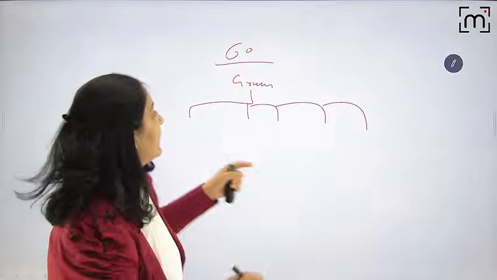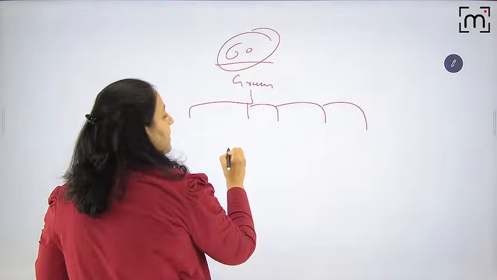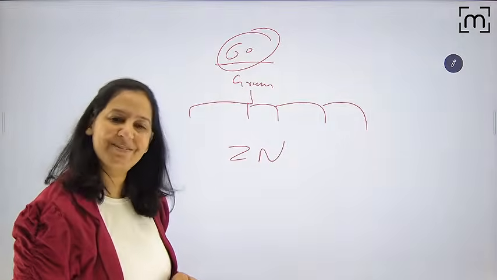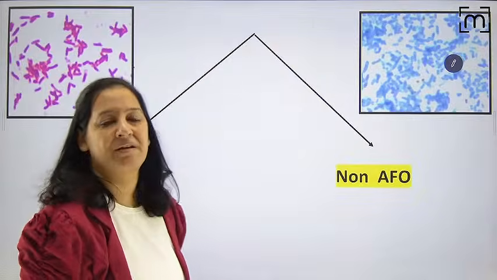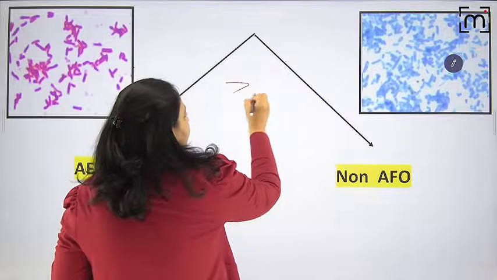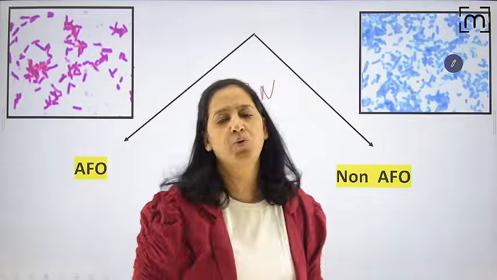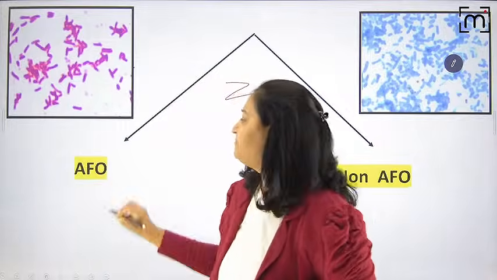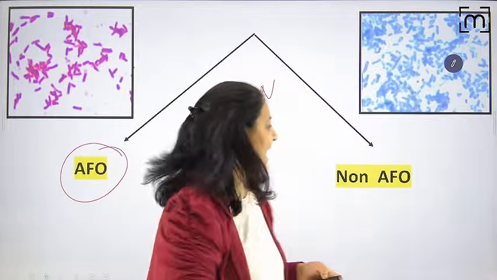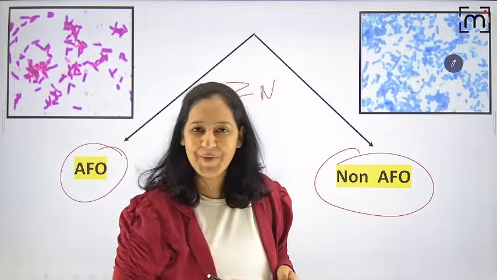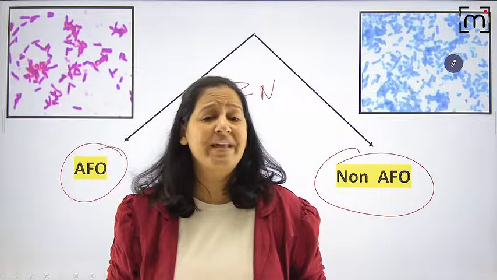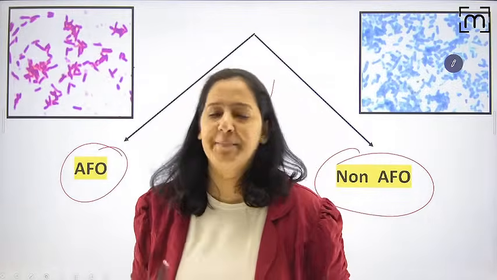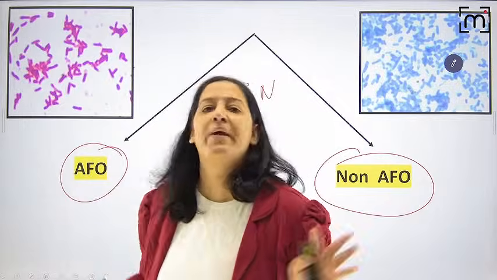Okay, now I will classify the same 60 bacteria based on Ziehl-Neelsen stain. See the classification. What have we learned? Based on Ziehl-Neelsen stain, there are two types of bacteria. What are the two types? AFO and non-AFO. Yes or no? We have AFO, non-AFO. Thankfully, scientists have not taken shape over here. We don't take cocci and bacilli. So we have only two categories, AFO and non-AFO.